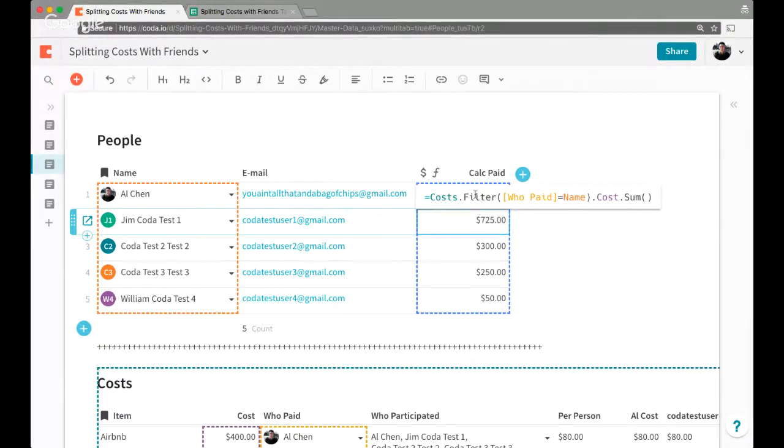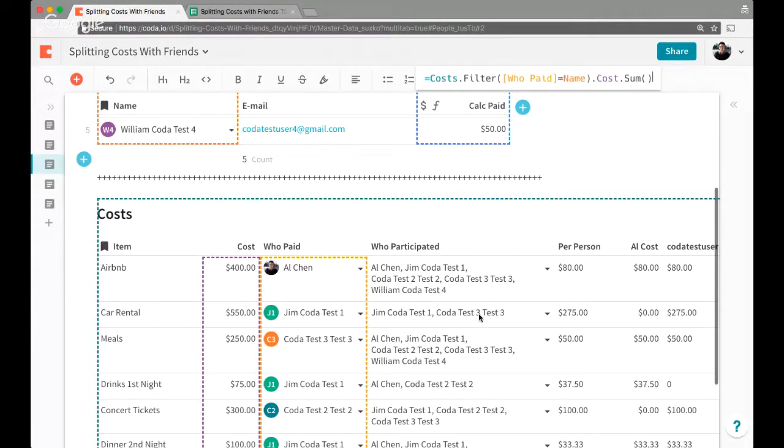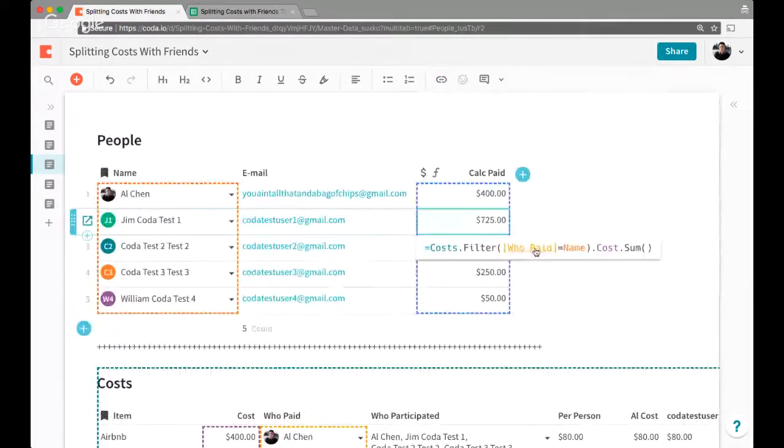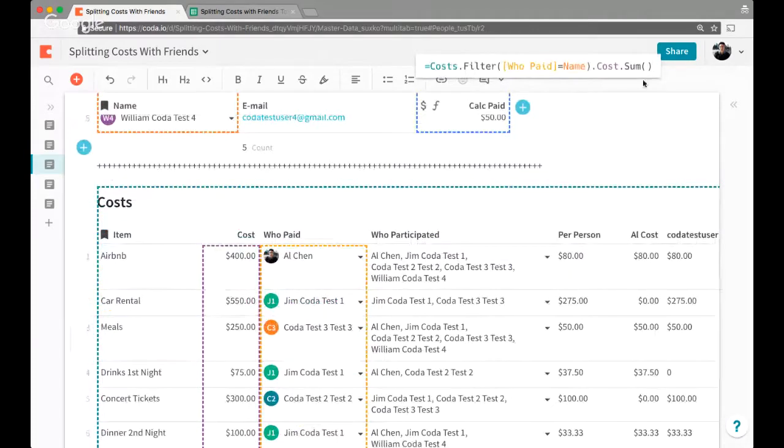Yep. So basically I take the cost table, which is right here, and I filter anything. Notice how this who paid column has individual names. You can only select one person. I filter that column by the name field, which is right here. And then I take the cost from the cost table, which is right here, and then I apply the sum